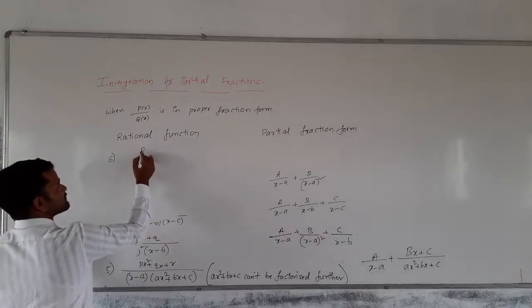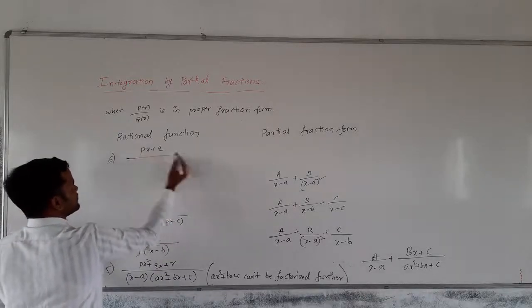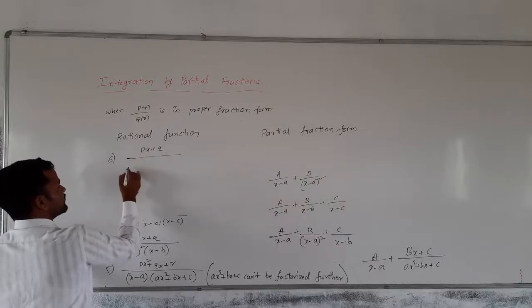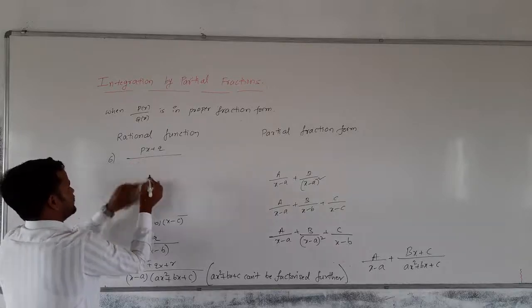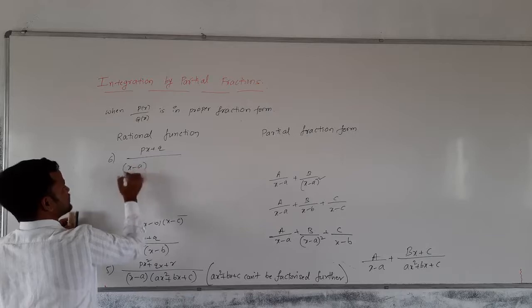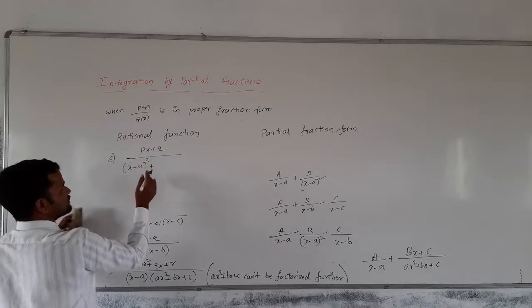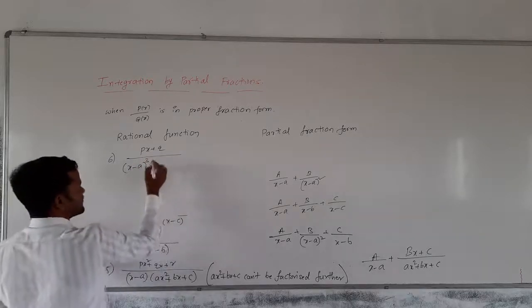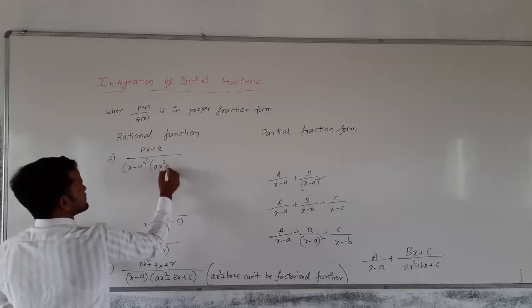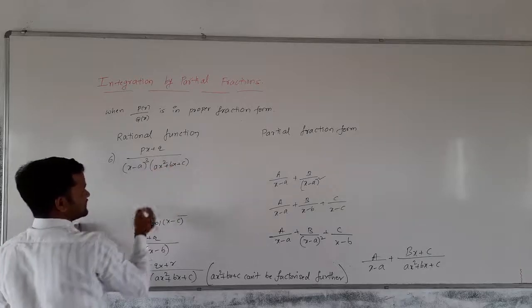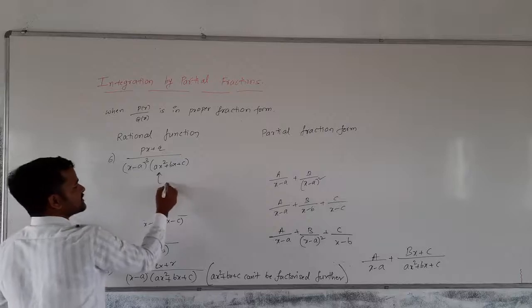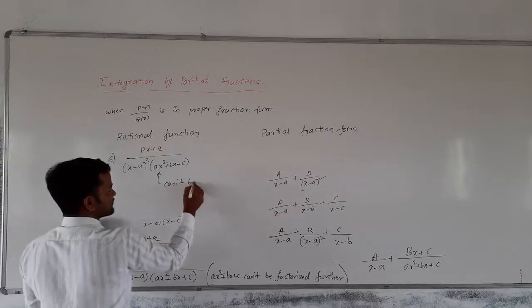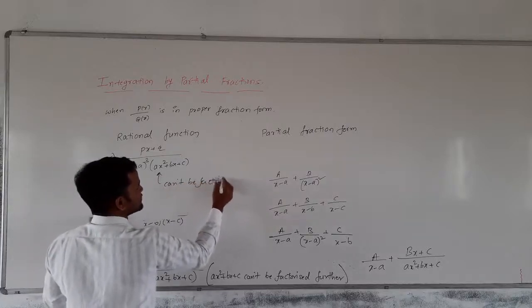Suppose we have the proper fraction form as px plus q divided by, let me take x minus a whole cube is there, x minus a whole cube, which is multiplied with ax square plus bx plus c, where this can't be factorized further,